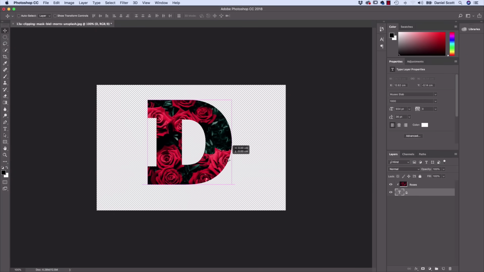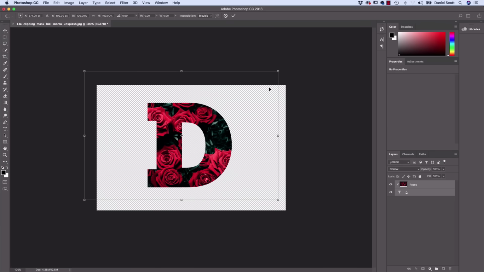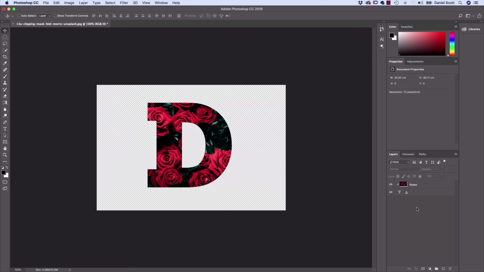But there's gonna be lots of times where you wanna move them together. So what you can do is click on the first layer, hold shift down on your keyboard, and then click the second layer. They're both light gray now, okay, and I can move them both around and I can transform them at the same time, okay, just have them both selected. Now I'm gonna go and add the white background and the drop shadow. You don't have to, you can skip on to the next video, but if you wanna hang around, let's put